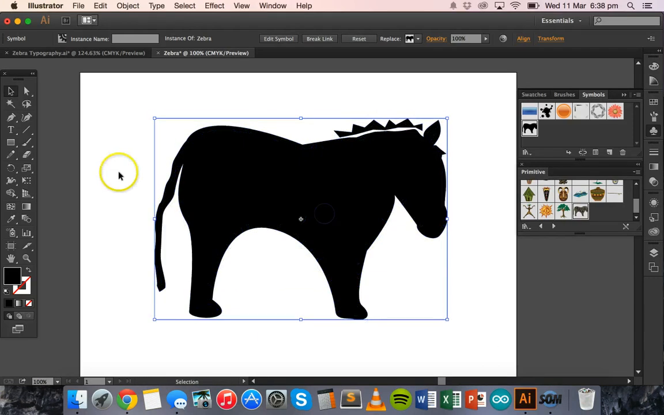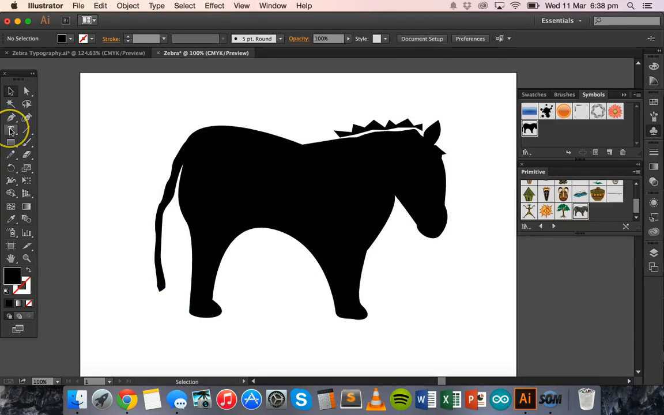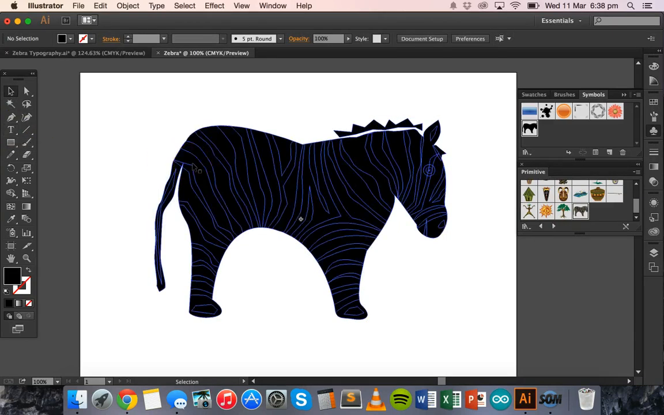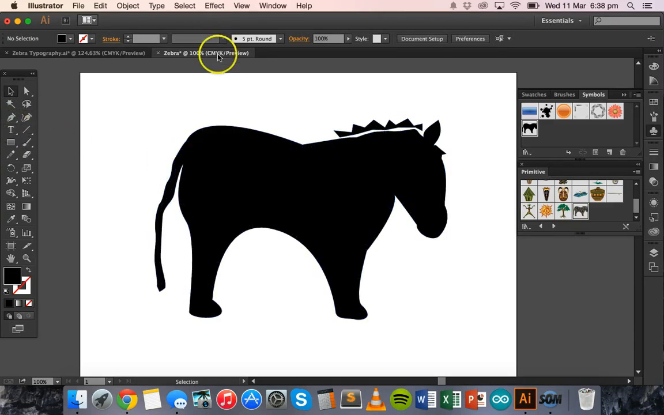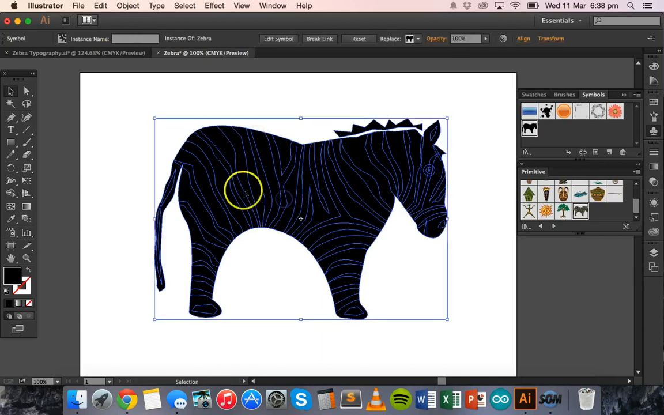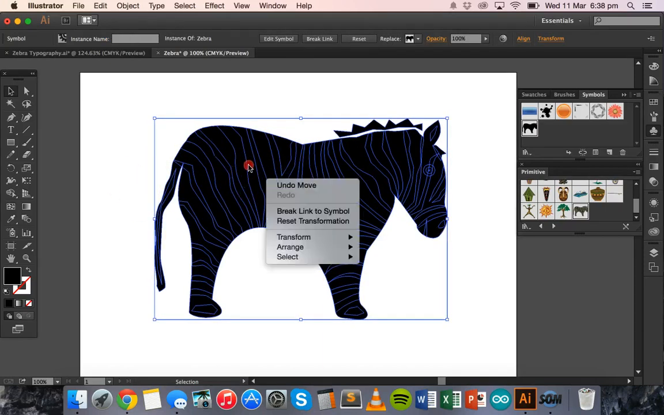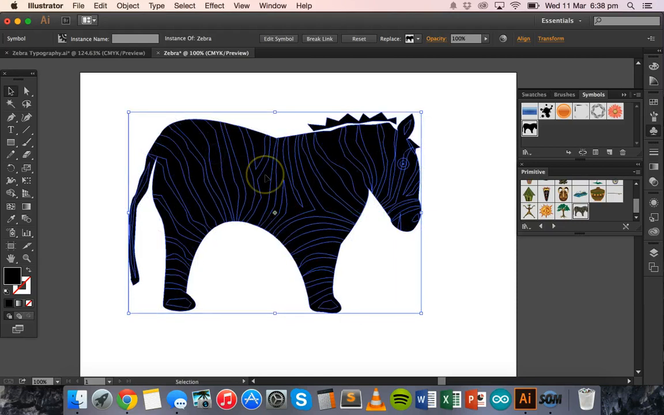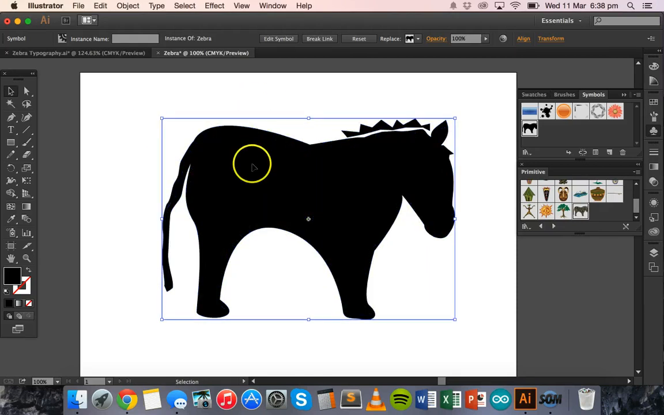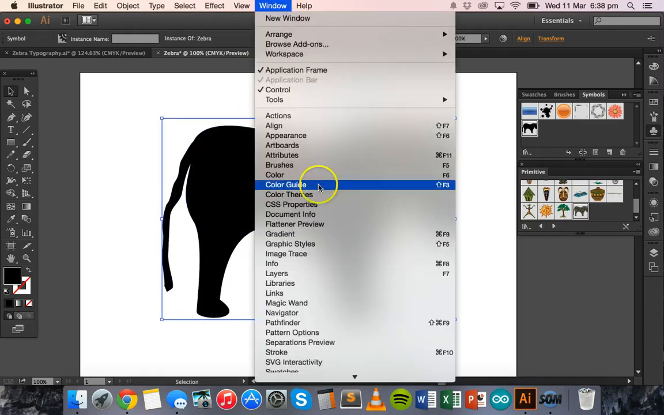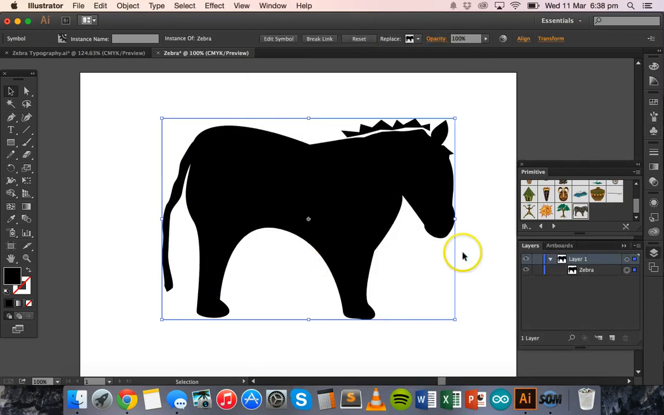All right. Now, next thing to do is to grab the, well actually before we grab the type tool, we want to lock this zebra here. So when we're clicking and dragging to move text around, we don't want to accidentally move the zebra around as well. So click on the zebra, click on Window and then Layers, and you'll see on layer 1, there's a